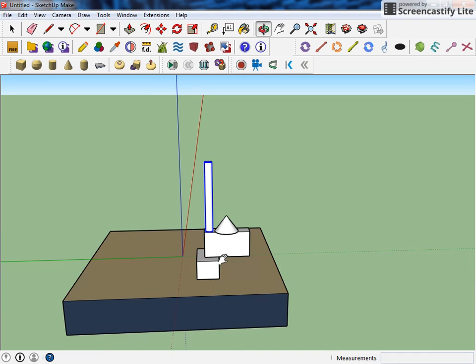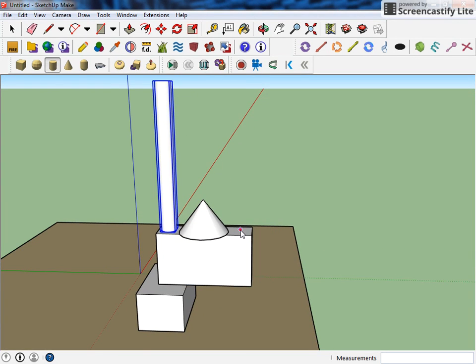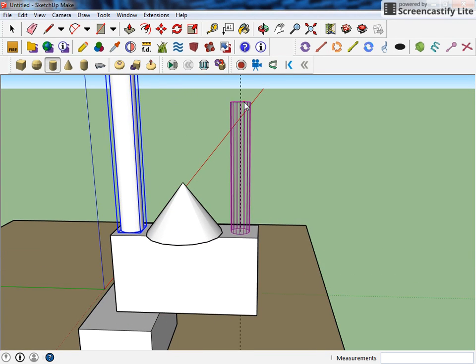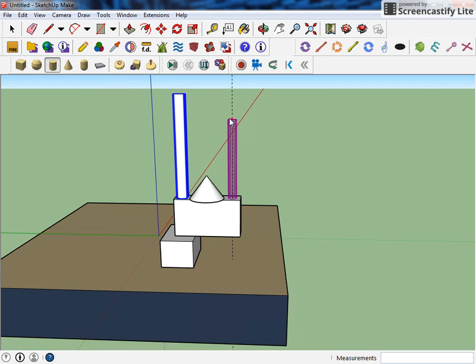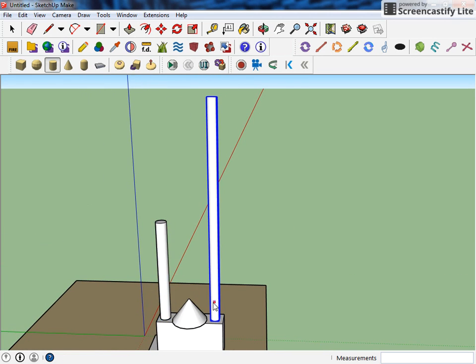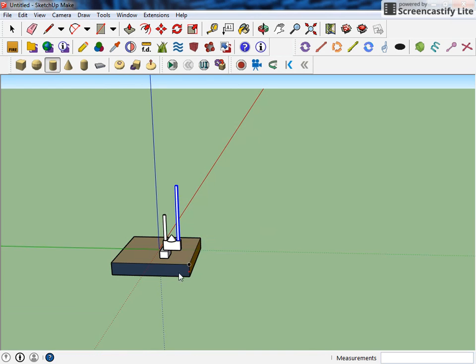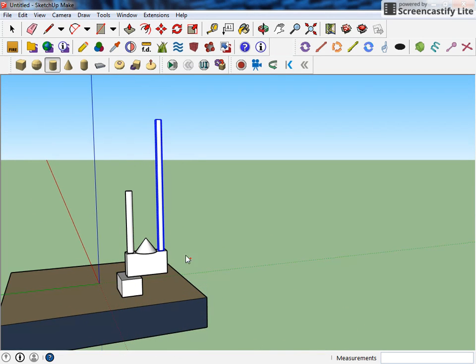So now I have something that should obviously fall over as soon as I'm ready. I want to make sure these things are big enough that everything's going to fall over. I'll get a nice viewpoint. So this should topple over, and when I hit the play button here,